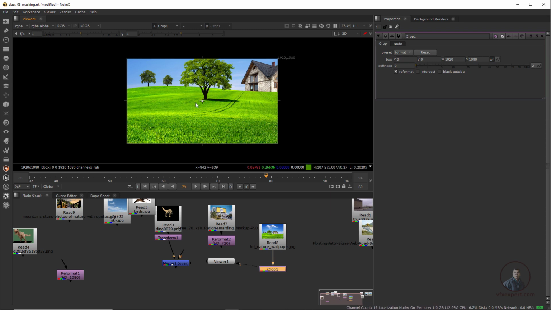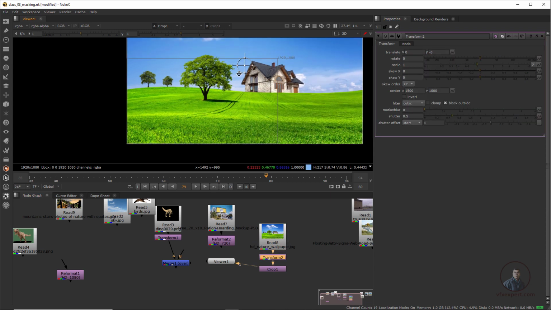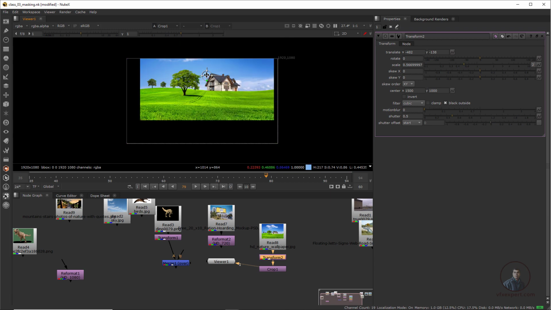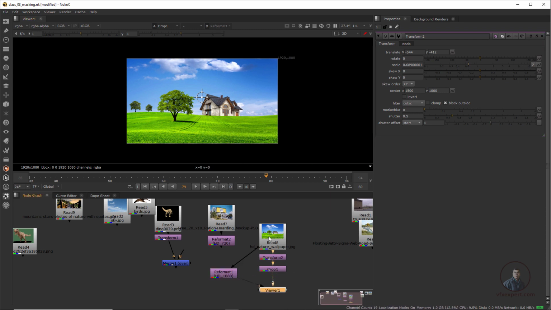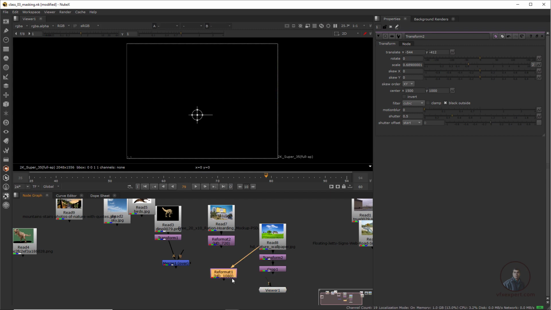size also. And again, if you want to adjust this area or this image position according to your requirement, you can use XY values, or before this Crop you can also use a Transform. Press T, then you can adjust according to your requirement. You can even scale down and fit inside this 1920 frame size here. So with the help of these two nodes we can change the format of our image, but most people use the Reformat node for changing the format of any image. So this is the main basic fundamental of reformatting, or changing the format of an image.